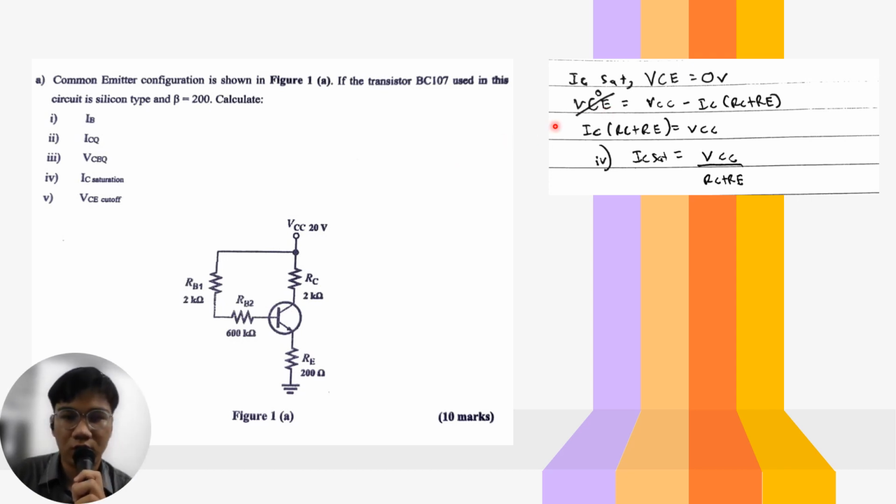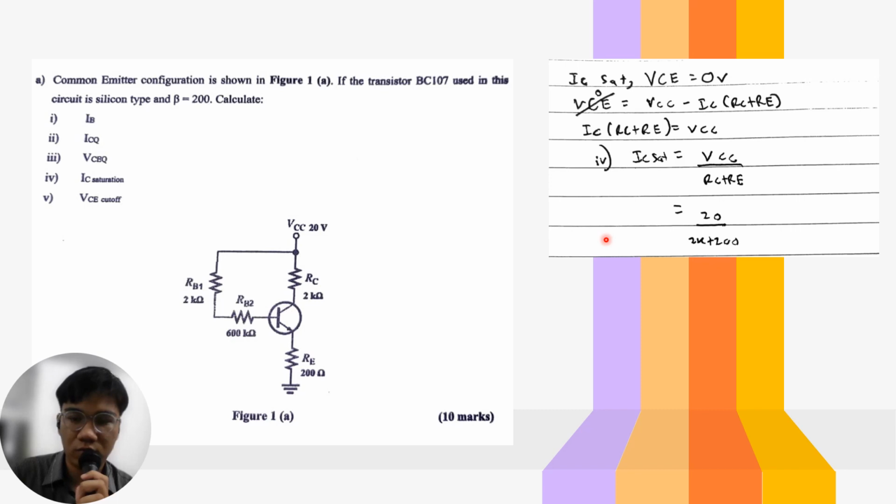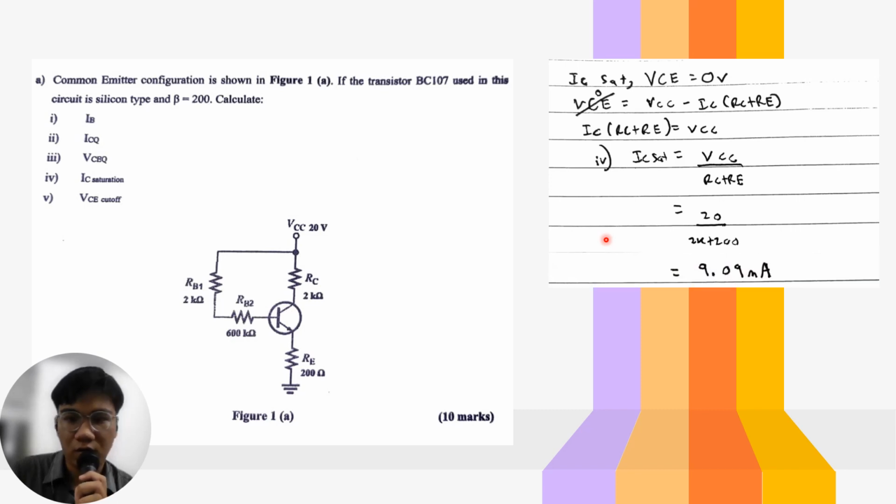So we can just cut the VCE since the value is 0, and rearrange the formula until it becomes IC equal to VCC divided by RC plus RE. Then we insert the value, 20 divided by 2K plus 200, and the value of IC saturation is 9.09